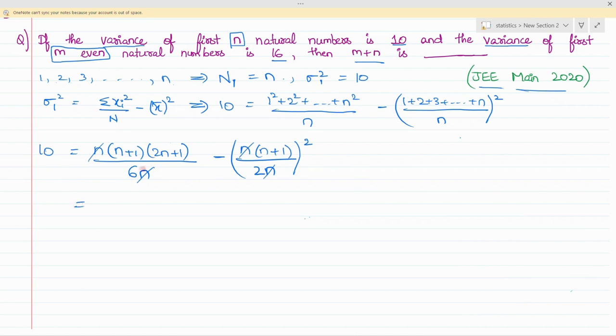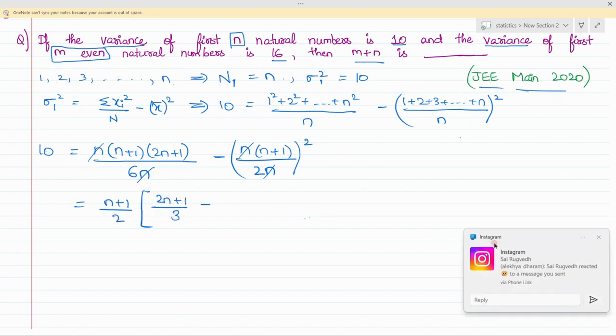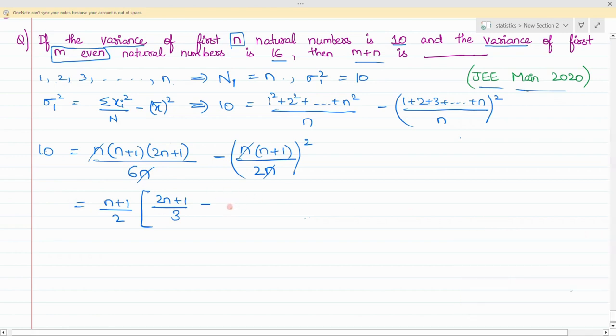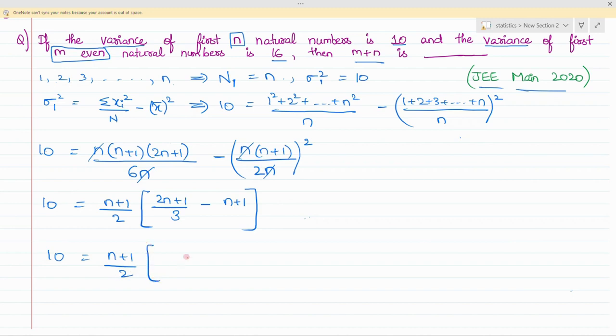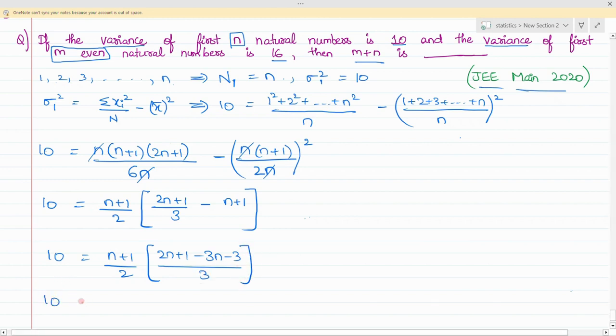Now it becomes n plus 1, take common, and 2 also take common. You will get 2n plus 1 by 3 minus, n plus 1 will remain inside. This is 10. So 10 is equal to n plus 1 upon 2, inside it becomes 2n plus 1 minus 3n minus 3 upon 3. This can be written as 10, this 3 into 2 goes this side, into 6, is equal to n plus 1 into